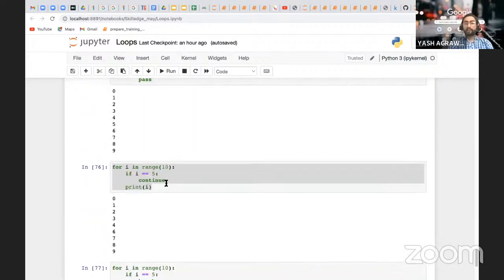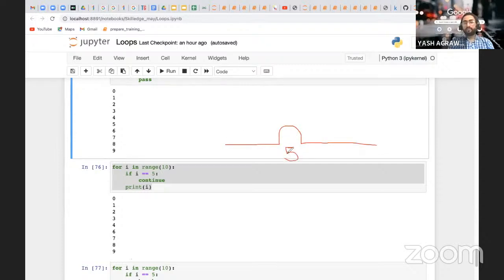Then we have continue. What does continue do? It doesn't break the loop, it just passes away. You can imagine it this way: you have a number 5 where you have a problem. At 5, we will bounce and continue: 1 printed, 2 printed, 3 printed, 4 printed, 5 will bounce, 6, 7, 8, 9, 10.